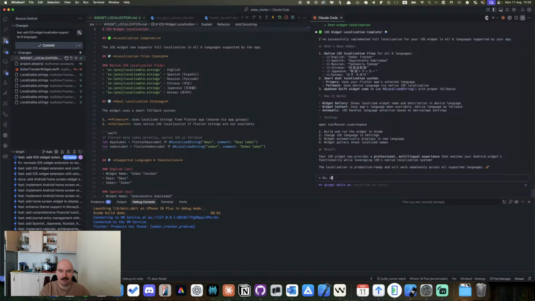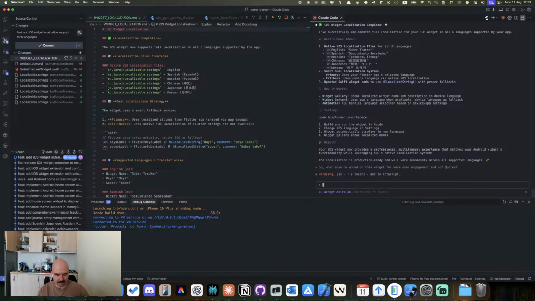So what can be added on this widget for more user engagement? And so, quotes. Quotes are not bad for this type of application and for widgets especially, but we will